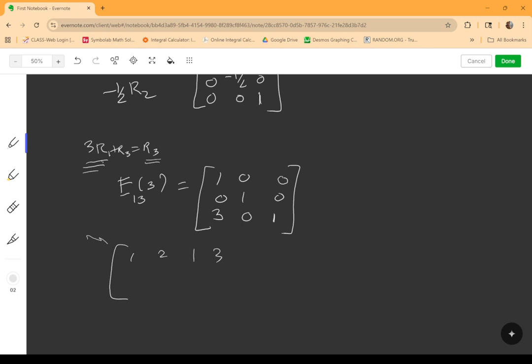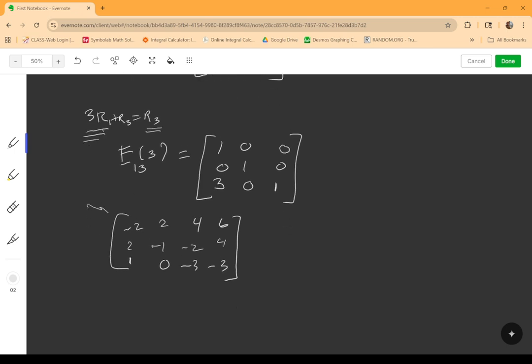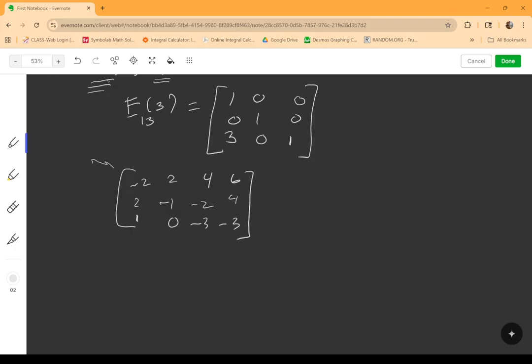3, 2, negative 1, negative 2, 4, and then actually here, let's start this off with, and then 1, 0. Okay. All right. And let's say you wanted to go about doing the RREF and representing it with